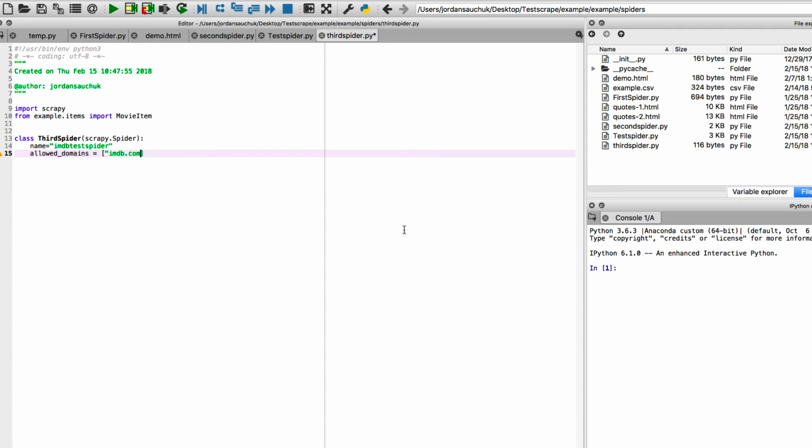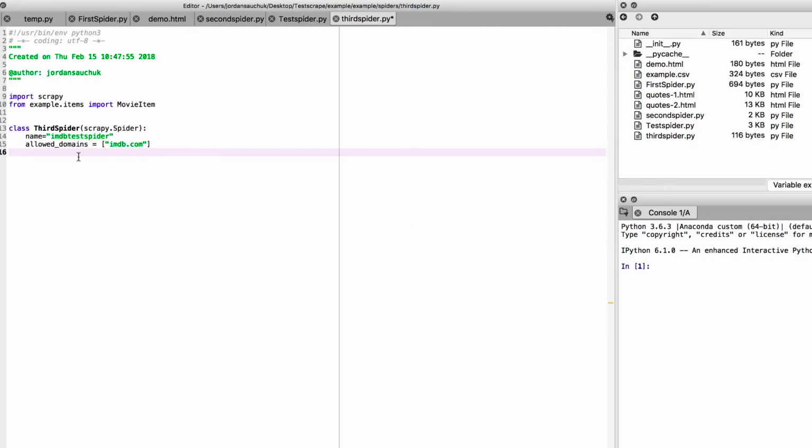imdb.com, it just wants the domain name. That's for our allowed domains. We're going to close that. Return again. Lastly, for this main part, we're going to set our start URLs as you have seen, open parentheses, and pass in the actual long form of the domain,